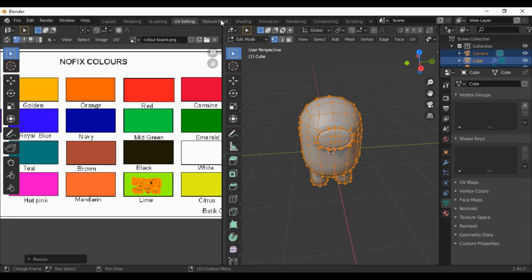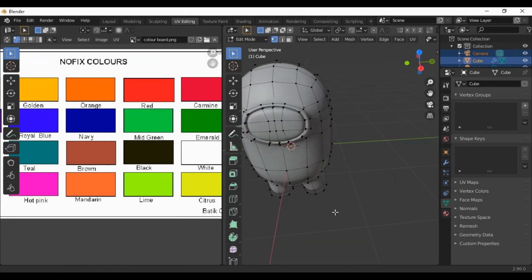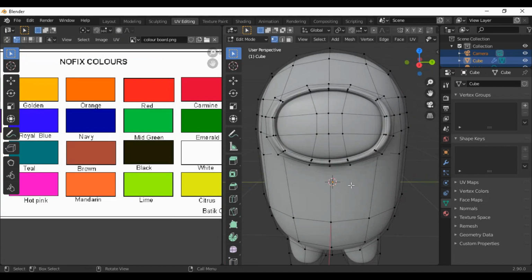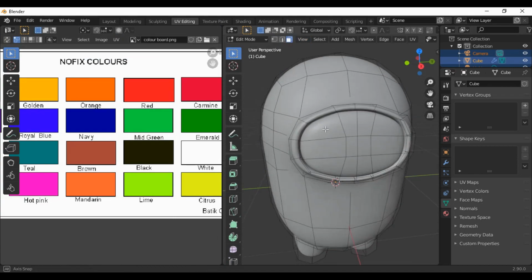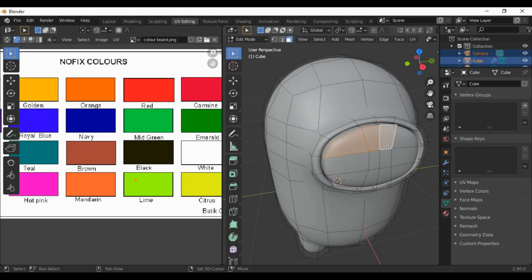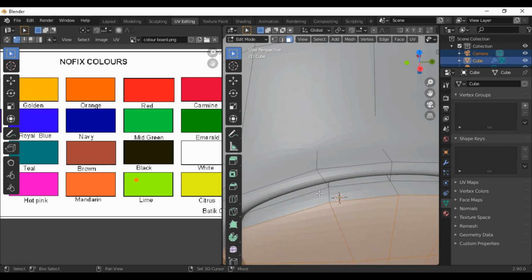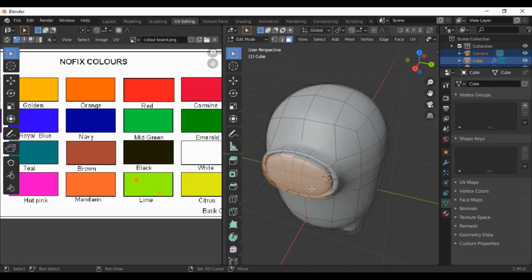Okay. Also we are going to give eye color or goggles color. It's white. So go on face mode. Select this face, this face. Make sure you hold shift. Also select these faces. Hold shift.